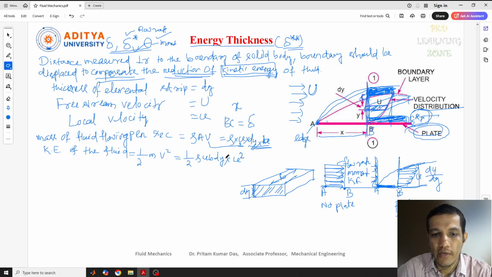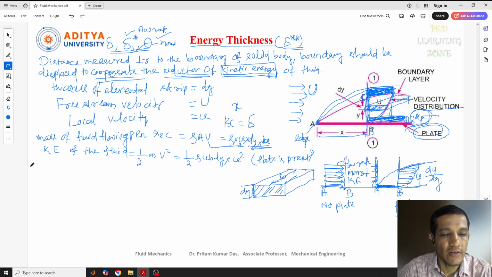What is u? That is the local velocity, u square. Now this is in the presence of the plate; plate is present. Next we need to write the case when the plate is absent, or we can say the boundary layer is absent. Let me write here,